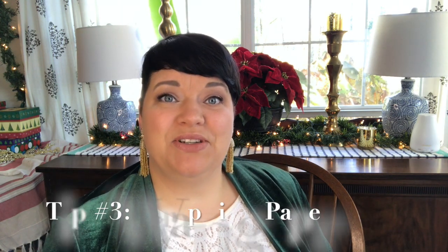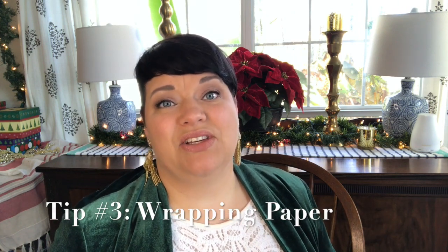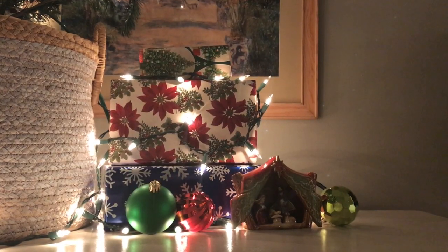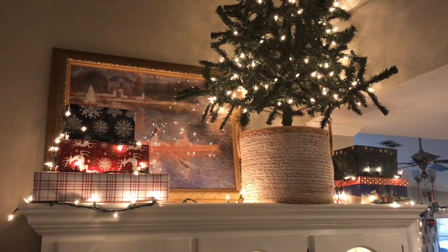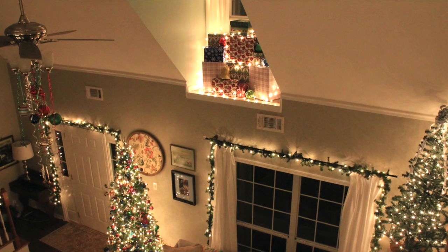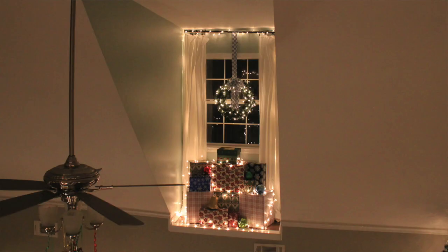My third tip to create frugal Christmas decor is to use wrapping paper. I just wrap empty boxes with really beautiful wrapping paper, and I just stick them throughout my house. I have a really random little landing in our living room, and most of the year I have no idea what to do with it,